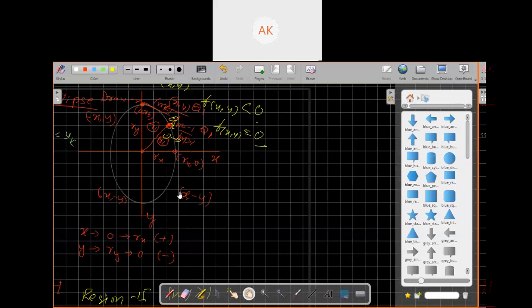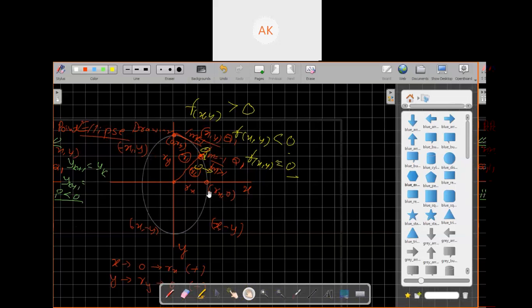Again, I'm repeating what we have done in this ellipse drawing algorithm. We know the property of the ellipse. It has two radii, a radius along the x-axis, radius along